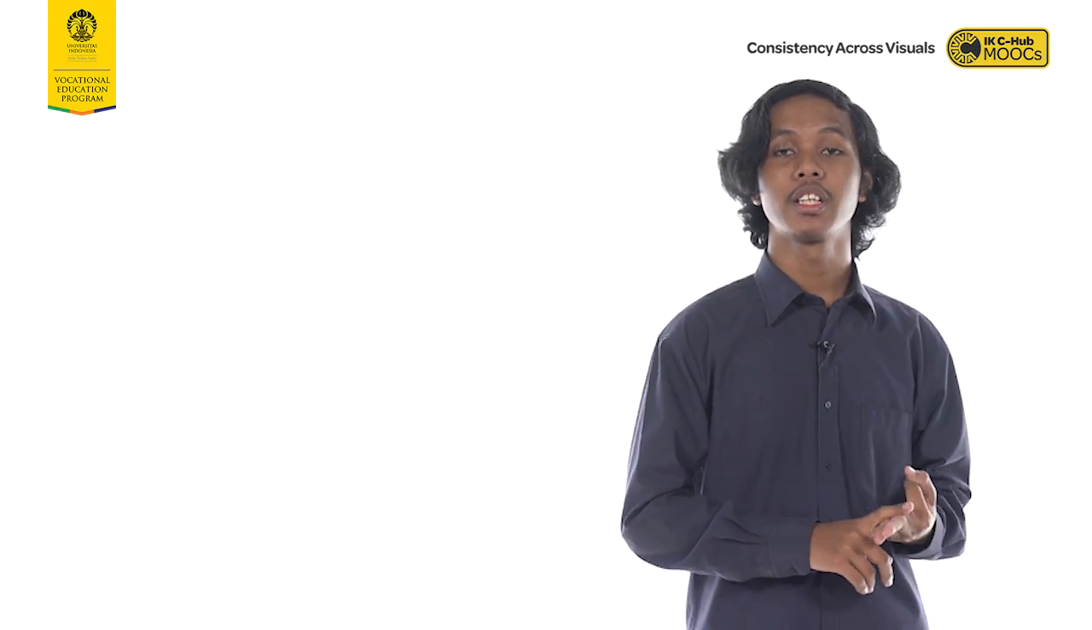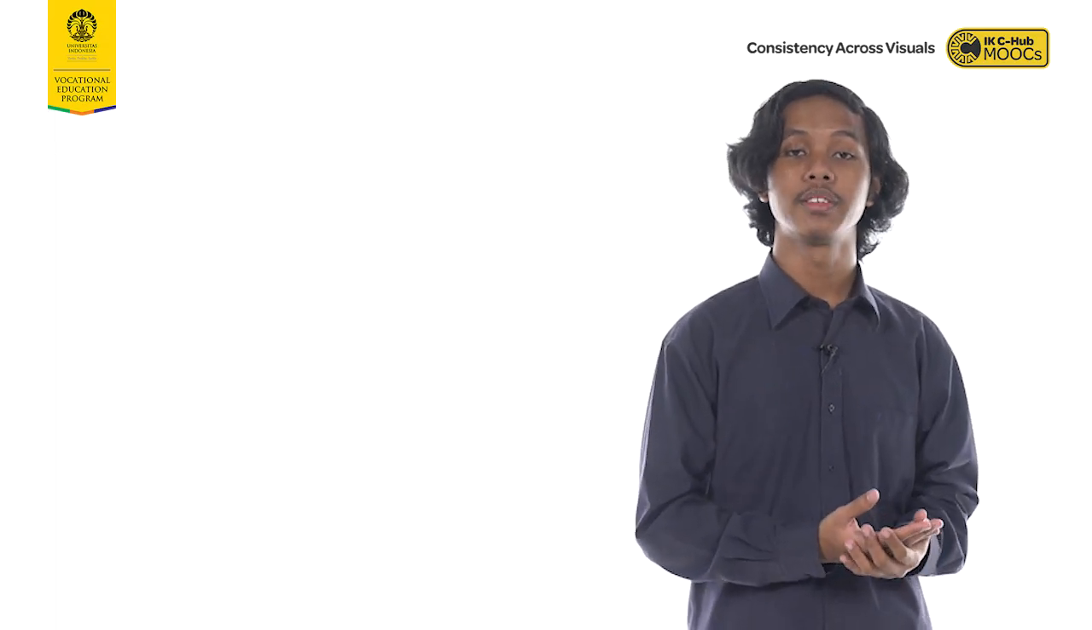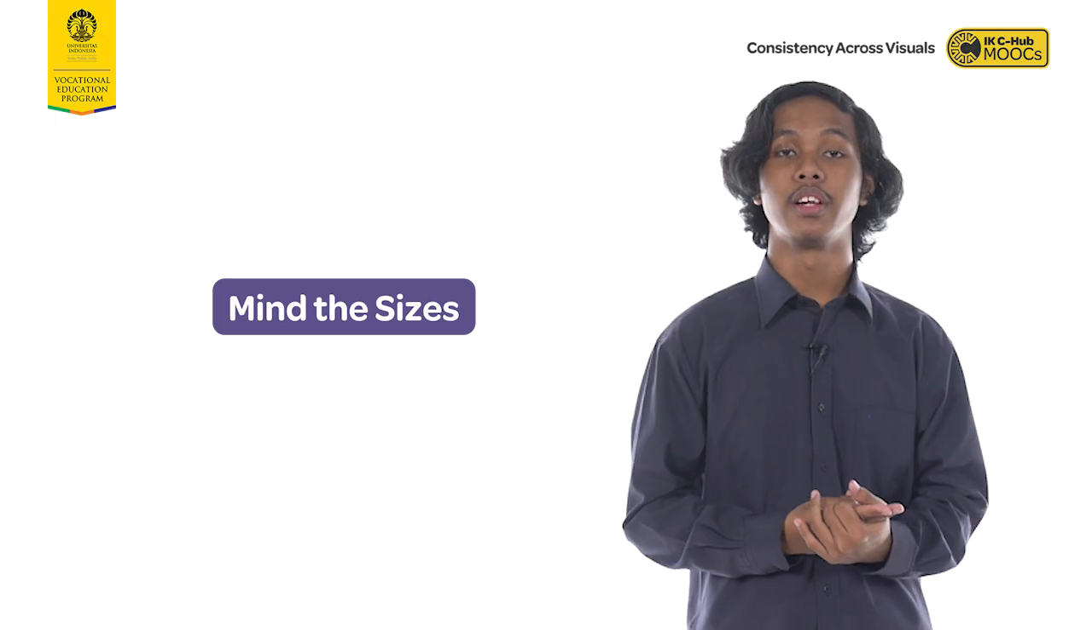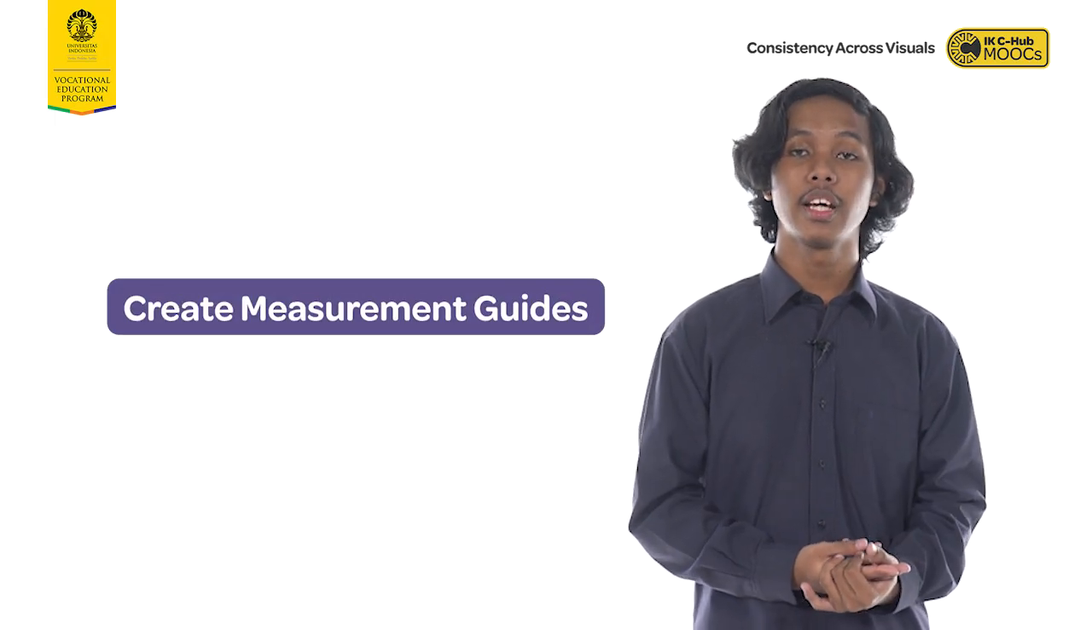Define standard sizes, use measurement guides, and check dimensions regularly. Consistent camera angles and perspectives prevent distortion. This attention to proportions helps maintain depth, balance, and believability, keeping players immersed. It includes standardizing character and object sizes relative to the game world and player interactions, creating templates and measurement guides